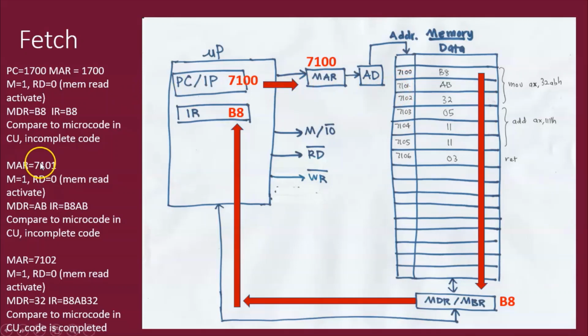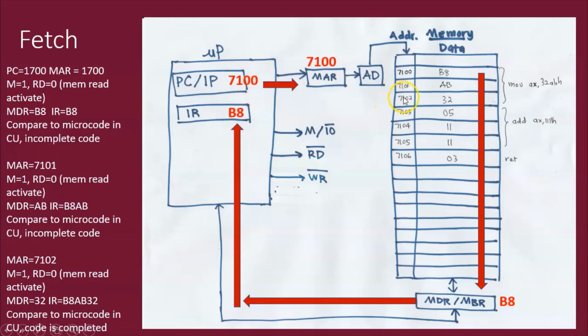7101. Okay, 7101, and M must be equal to 1 and read equal to 0 because it is a memory read operation. And then MDR will take the AB value and then it will put it into IR. So IR will have B8 and AB. Okay. And it compared to the microcode in CU, it is still incomplete code. And then next, same, it will point to the next instruction,